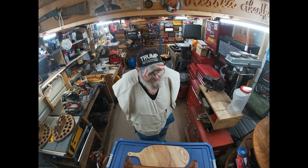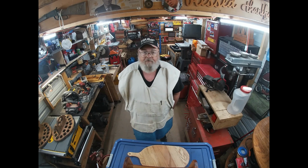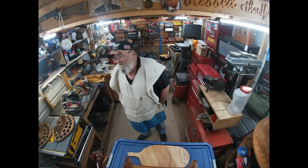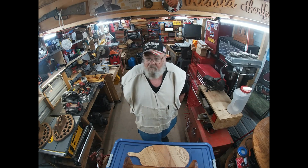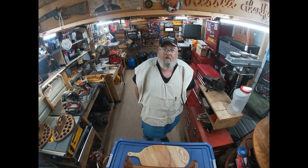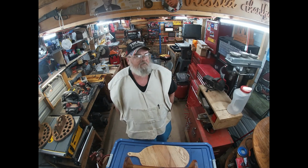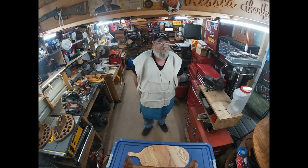And it don't take a rocket scientist to figure out what you need to do. And if you can't figure out what you need to do in a certain situation, maybe you might not have to put yourself in that situation. But there again, hey, look, y'all, if it's your heart's desire to be a woodworker, get after it. But you know, you got to have a little bit of common sense too. And one thing, well, it don't really bother me to the point I can't stand it. But all these folks that say, well,